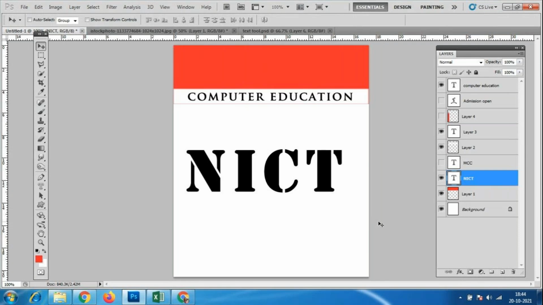Okay, so right click on the text. So I have selected this NICT, the text that I have typed here. Okay, so right click on the text. So nobody having any doubt with the text, right?